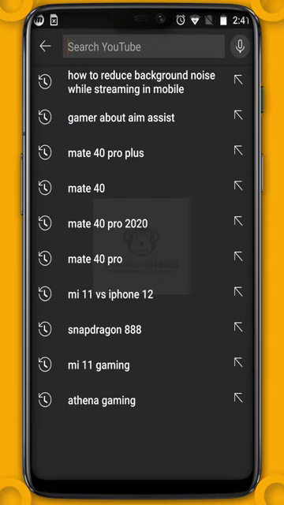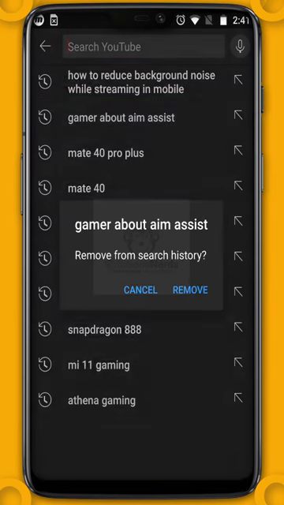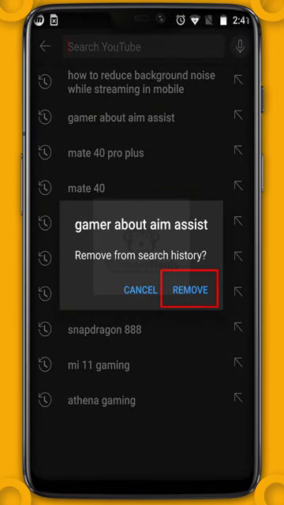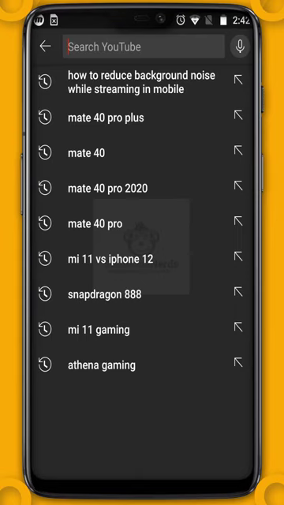on YouTube. Now if you want to clear a single search, like here you can see gamer, about, and assist. If you want to only clear this search, then click and hold on it and click remove, so this search will be removed. Now if you want to clear all these searches in one click, what you need to do